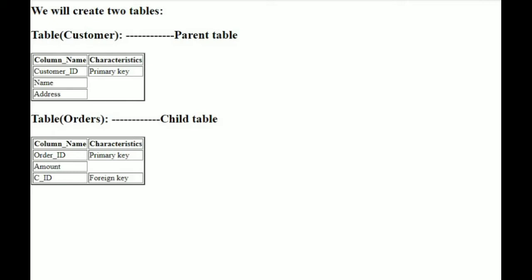There are conditions to build a relationship between two tables. The parent table should contain the primary key and the child table should contain the foreign key. In the customer table there is customer ID, and in the orders table there is CID, which should be of the same data type. The same type of value we can insert into this. And we cannot insert a value in CID in the child table that is not available in customer ID in the customer table. So now we will see practically.